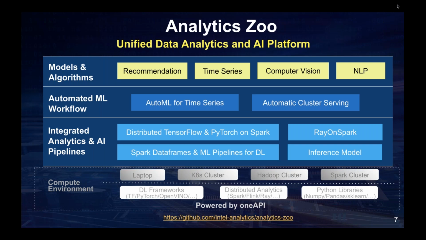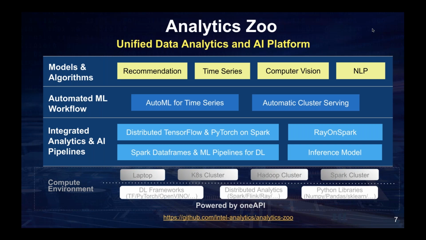You can use a laptop, or Analytics can work on Kubernetes clusters, Hadoop, Spark clusters, and Analytics can support different deep learning frameworks like TensorFlow, PyTorch, BigDL, OpenVINO, etc. And it can support a variety of distributed analytics